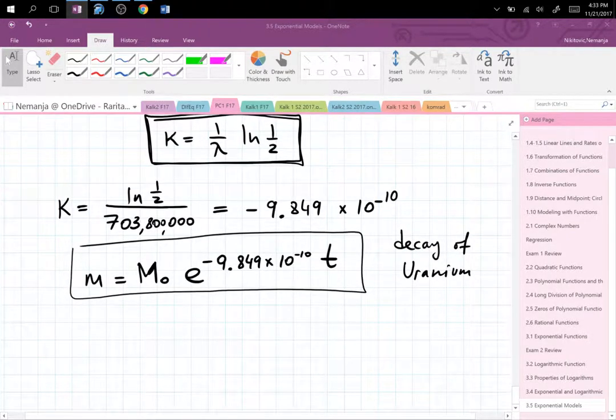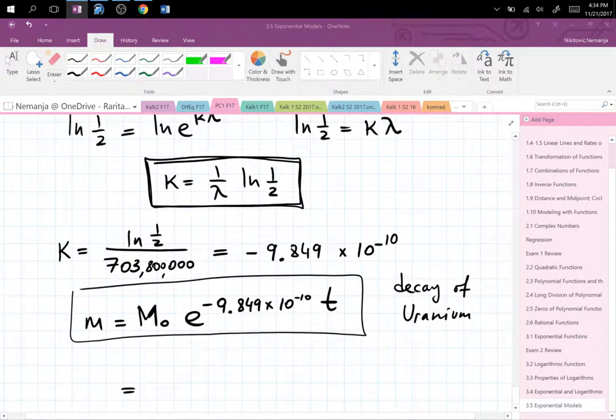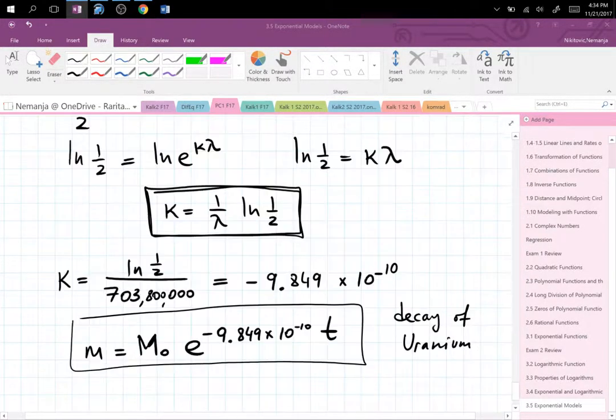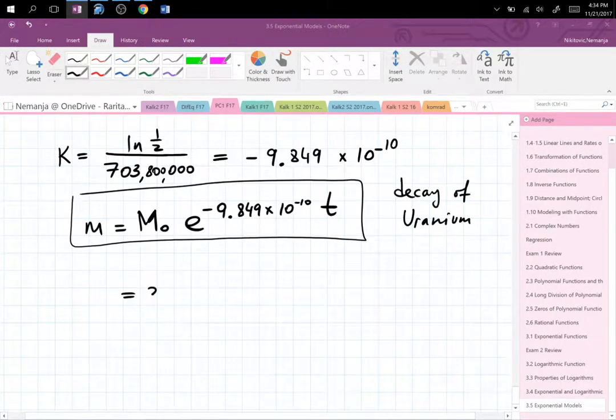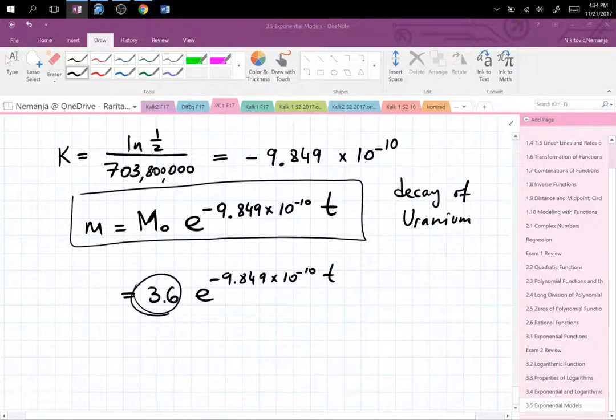What do we want to calculate? We know that we are starting with 3.6 pounds, times e to the negative 9.849 times 10 to the negative 10 t. We have to calculate the time. And we want 70% left, so that's 0.7